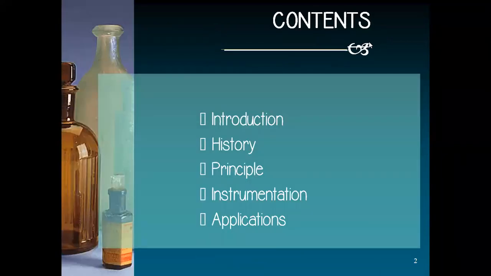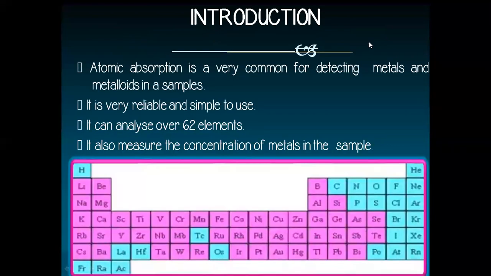The contents are going to be a brief history of atomic absorption spectroscopy that I would like to discuss with you all, apart from the introduction, principle, instrumentation, and then applications I'll be trying to cover. Atomic absorption spectroscopy is a very common tool of analysis which has been used for detection of metals